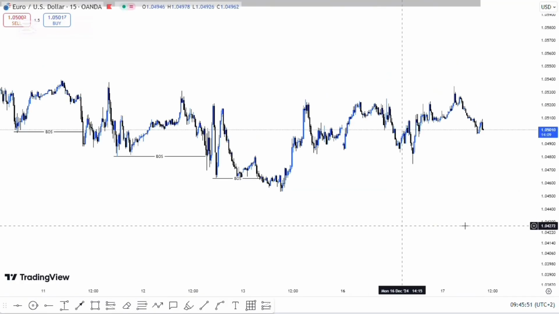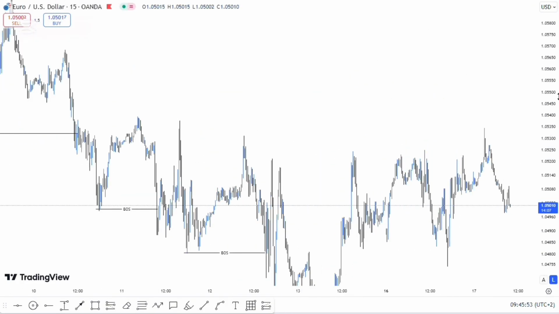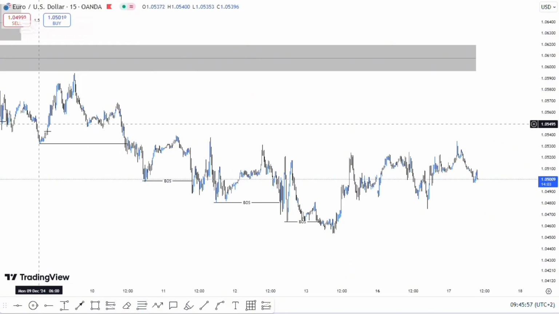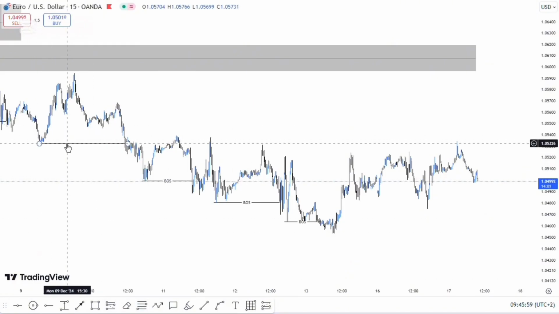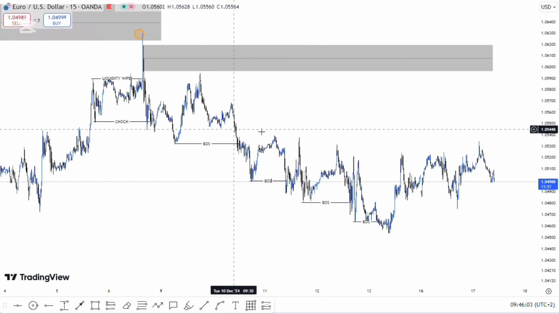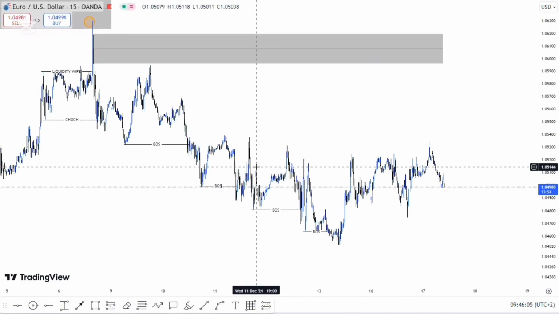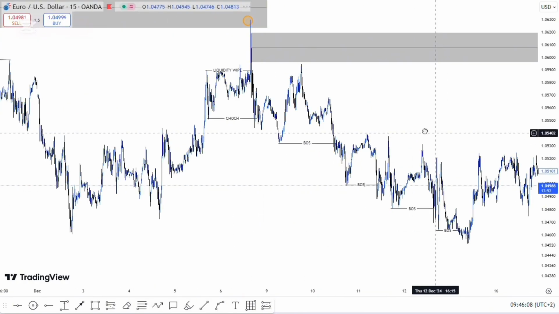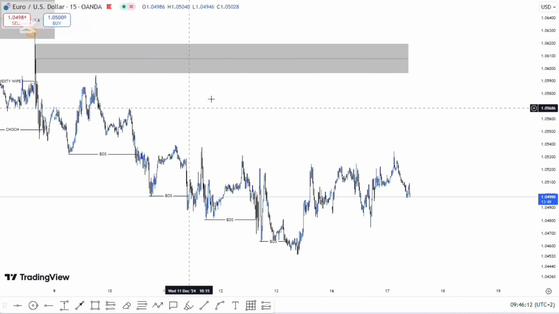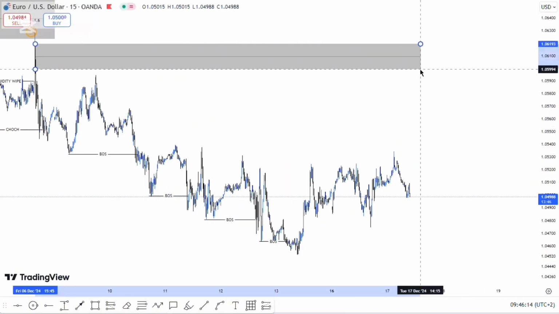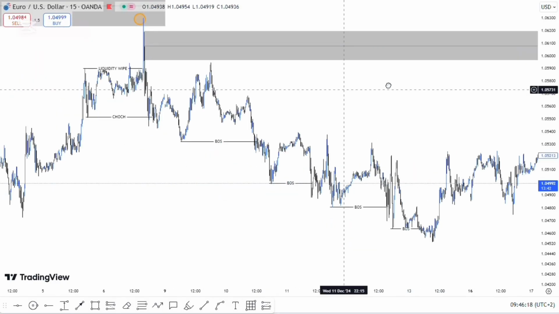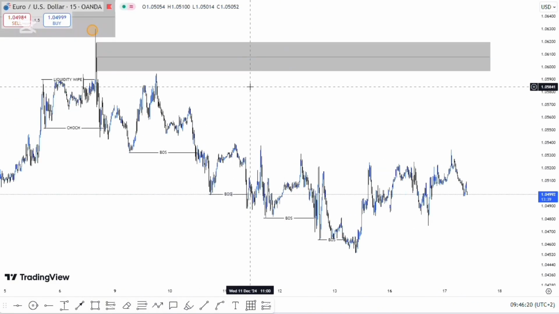This was the last breakup structure we had to the downside. So as you can see right here, we have so many breakup structures, so you wouldn't know which one is the origin you should take yourselves from. So as always, you must mark your origin, which is a higher probability of reversing, is the last